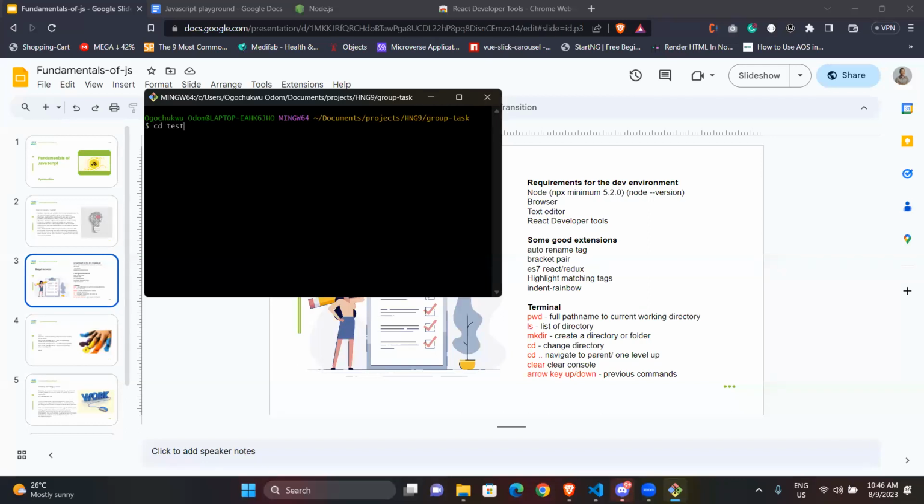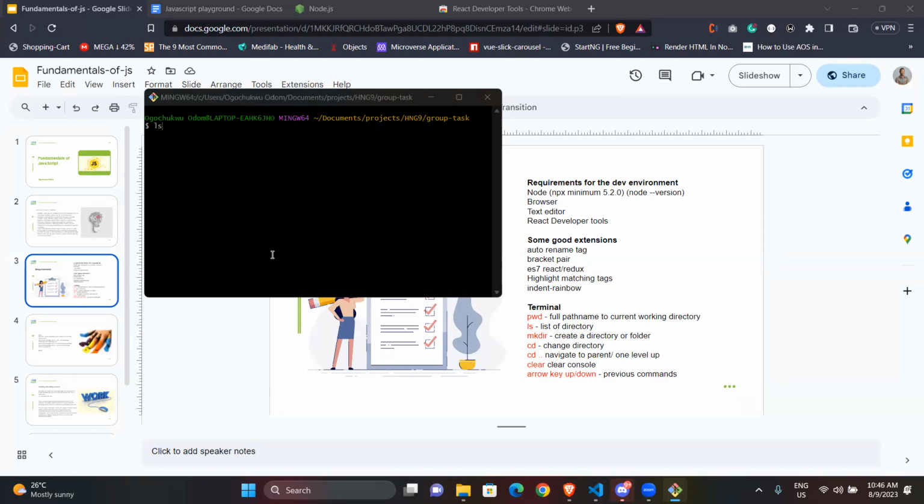So this will come in handy at some point, even when you're using Git and you want to go over different commands, like git add or git commit, and you don't want to retype what you were typing, you can just switch between them.